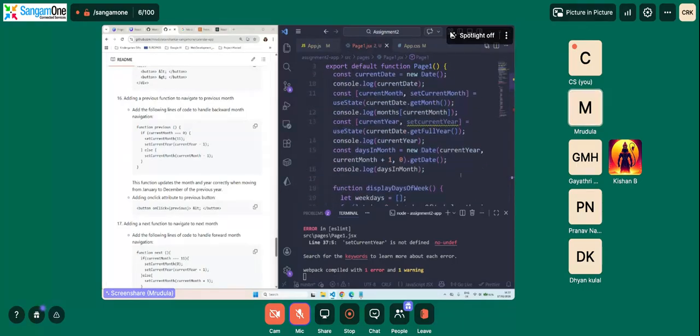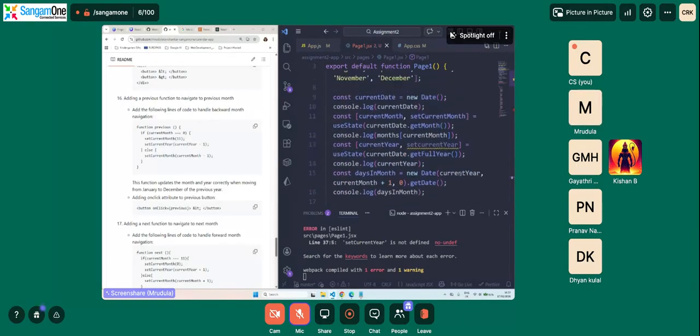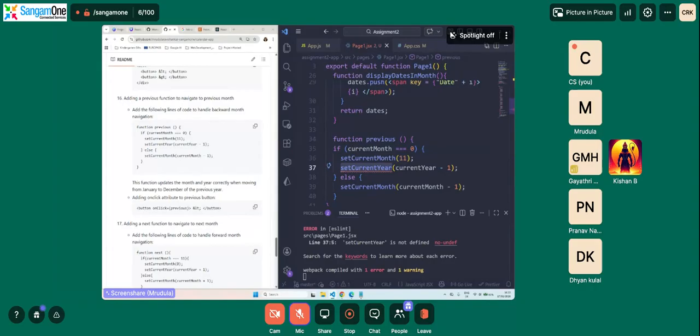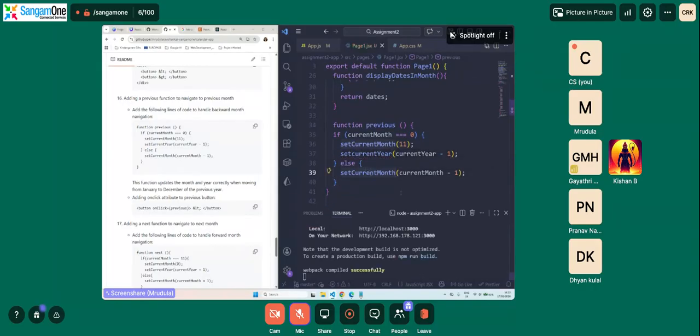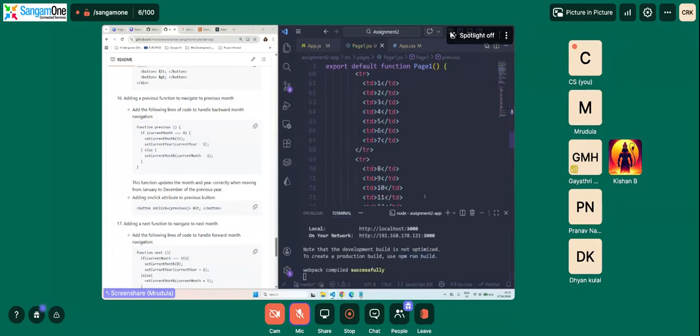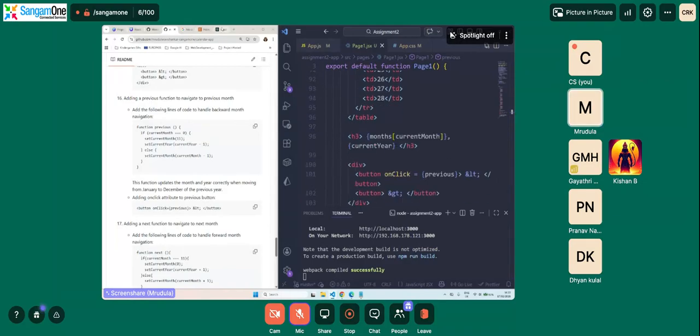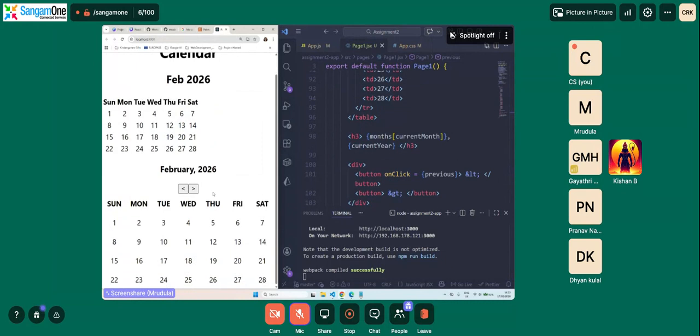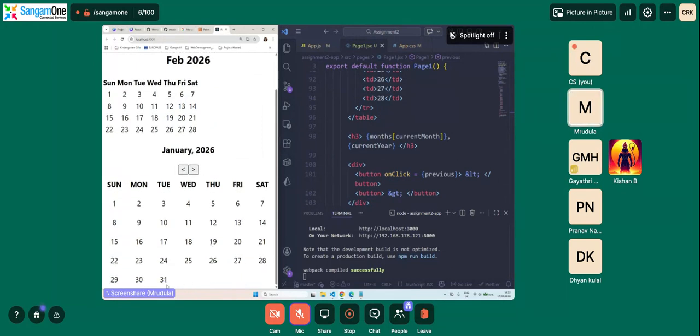Let me just check it real quick. Yeah. Okay. So let's check if the previous button is working or not. So let's go back. Oh, it's working. See, it's displaying up to 31.